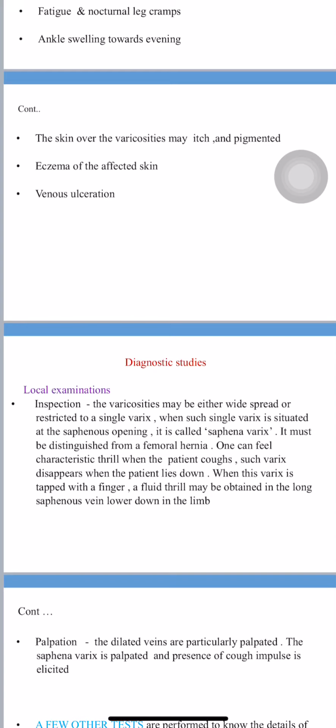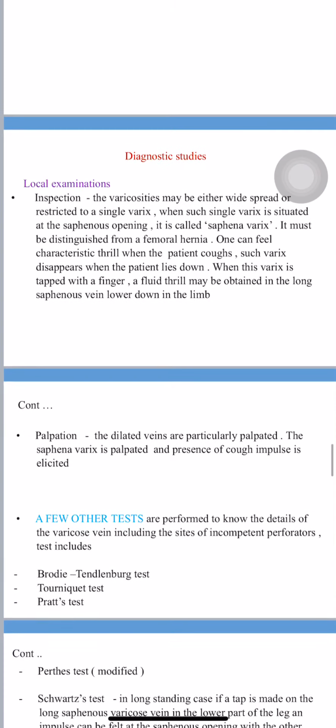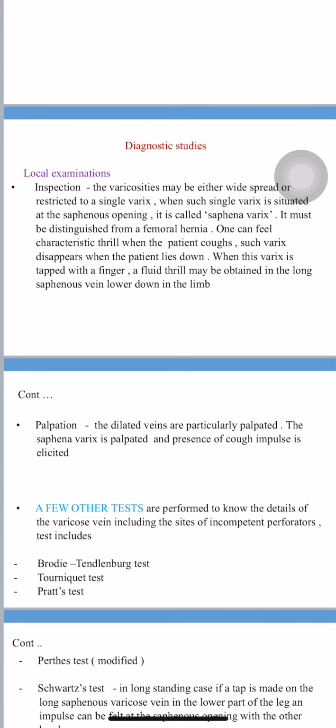So next is palpation. While doing the palpation, the dilated veins are particularly palpated. The saphena varix is palpated and the presence of cough impulse is elicited. Next, a few other tests are performed to know the details of varicose vein, including the site of incompetent perforators. It includes different tests. First one is